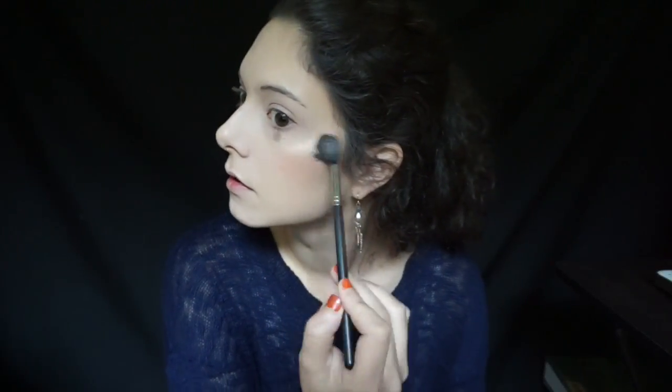It gives the most beautiful glow from within. This shade is stunning. I love it, love it, love it. And I'm applying this to the tops of my cheekbones, like I said, and also onto my nose and my Cupid's bow. For brows today, I'm using my NYX Microbrow pencil, my Holy Grail brow pencil, and mine's in the